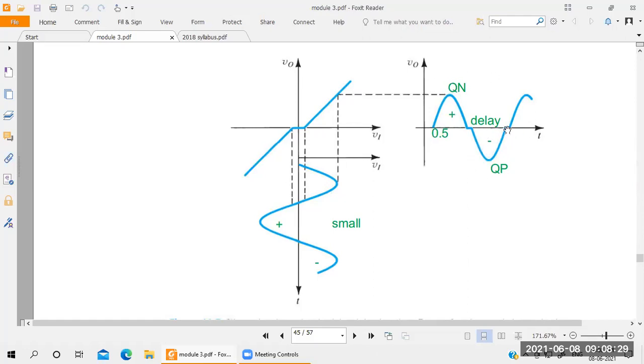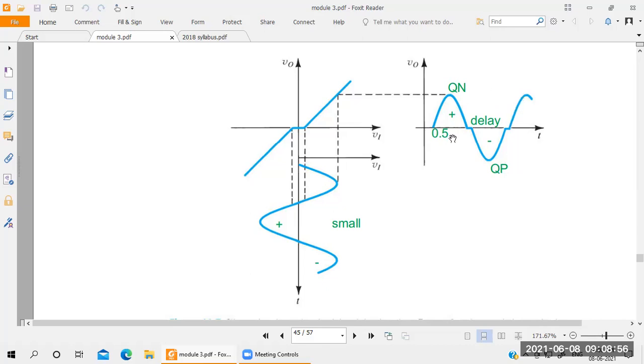See the output here. Understood? If you use only one transistor, suppose the NPN transistor, the output becomes a positive voltage. Suppose you use only the PNP transistor, then you get a negative voltage, that is a half cycle. Suppose you combine PNP and NPN, we'll get a full cycle. A full cycle means you got the 360-degree cycle.